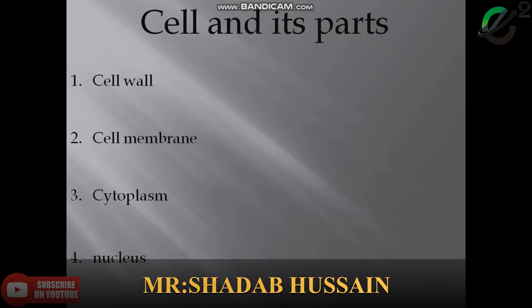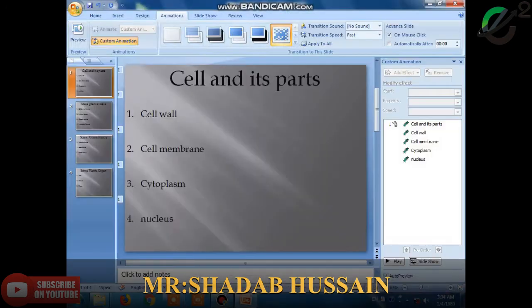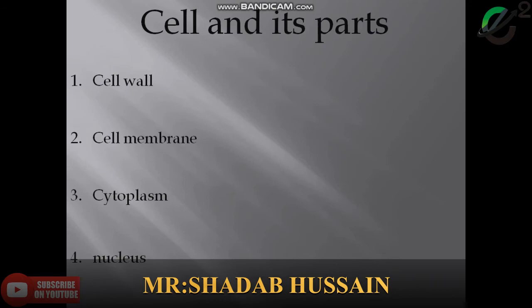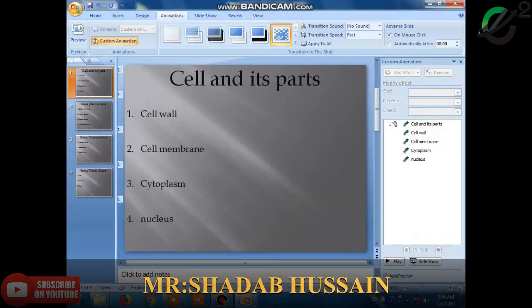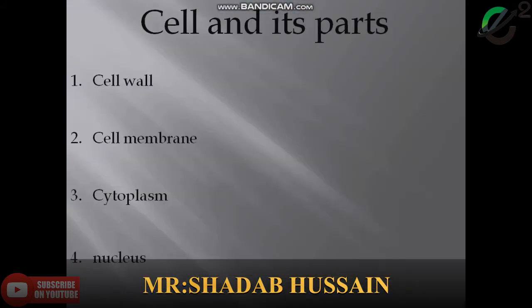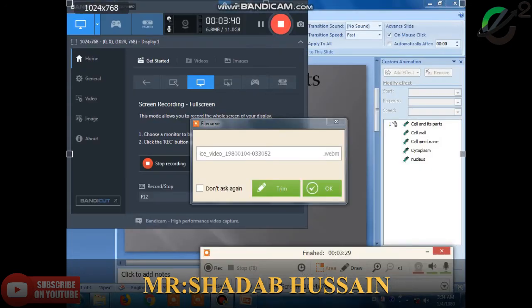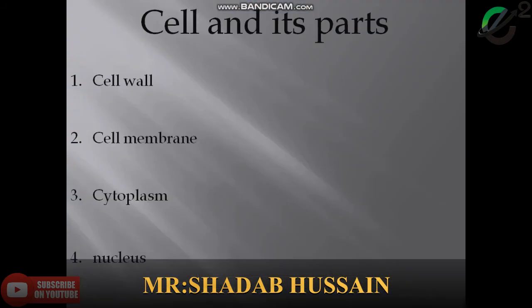After that, cytoplasm. What is cytoplasm? Cytoplasm is the main part also. The jelly-like material present inside the membrane is called cytoplasm. Jelly-like एक substance होता है हमारे cell के अंदर, उसको cytoplasm कहते हैं. इसके अंदर water भी होता है and different types of chemical substances are present inside it, and many different organelles. It means tiny cell structures are present inside. It is a jelly-like substance and also contains water and chemical substances.